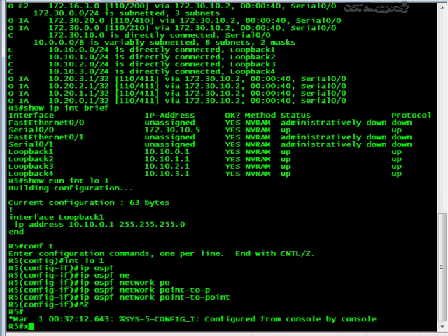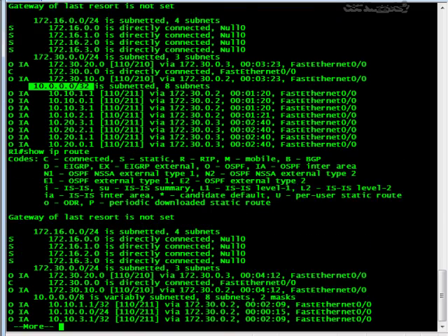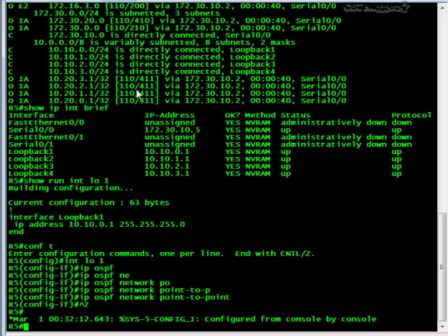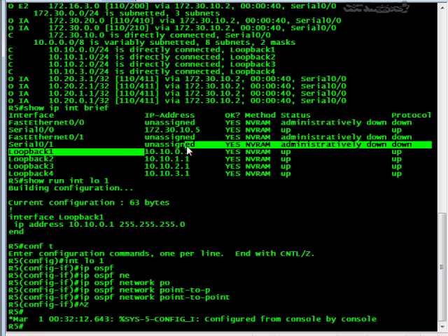I'm not too sure if I'll have to clear the process. Oh, trying to do a Control-Shift-6X or not. I don't know. Let's find out. Okay, good. Look, take a look at this. Didn't have to clear the process, and now it's actually advertising that one loopback as a /24 because when I went in there into that interface and typed in under loopback 1 IP OSPF network point-to-point,